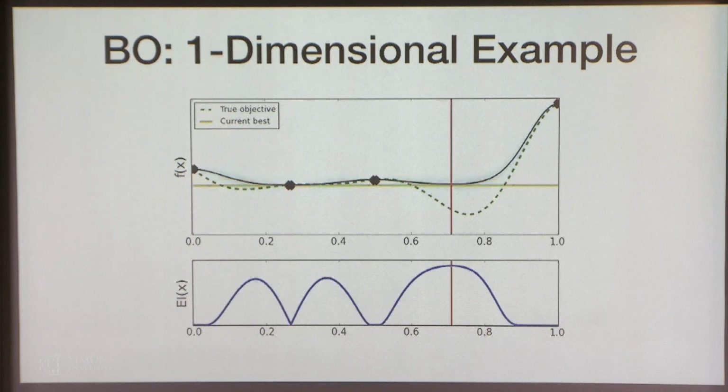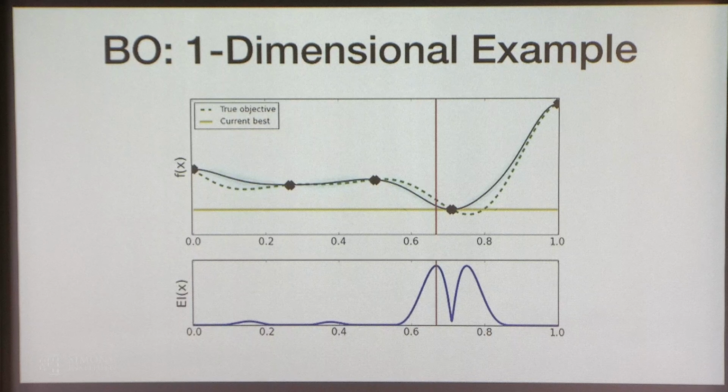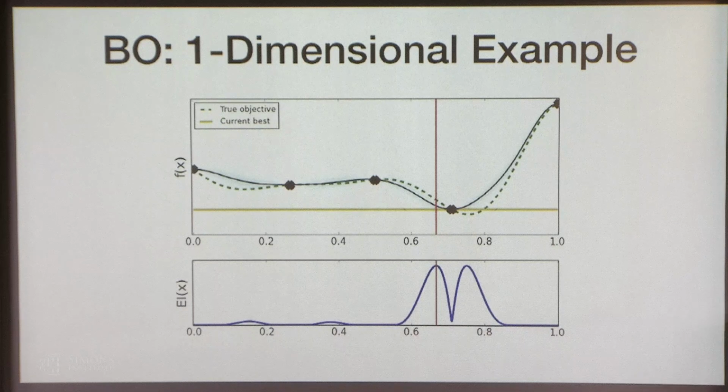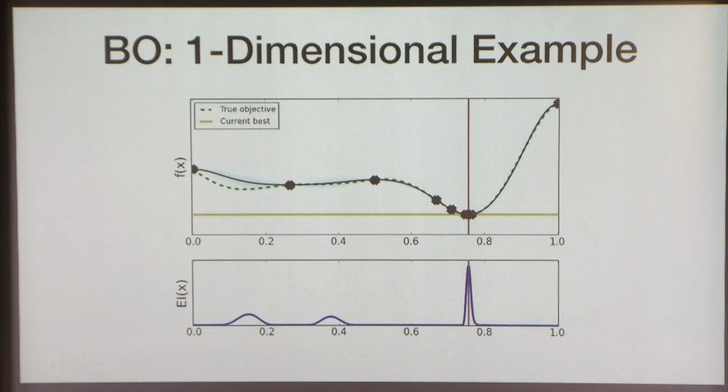So when you iterate this a couple of times, you keep reducing the uncertainty about your function. Your average function, the black line, keeps getting closer and closer to the green one. And the points that the acquisition function tells you to sample start to concentrate around the minimum. So here, for example, in 9 evaluations, we've basically identified the minimum. So that's Bayesian optimization in one dimension. And we can do all that with just evaluating the function in points. So we are optimizing without computing gradients.